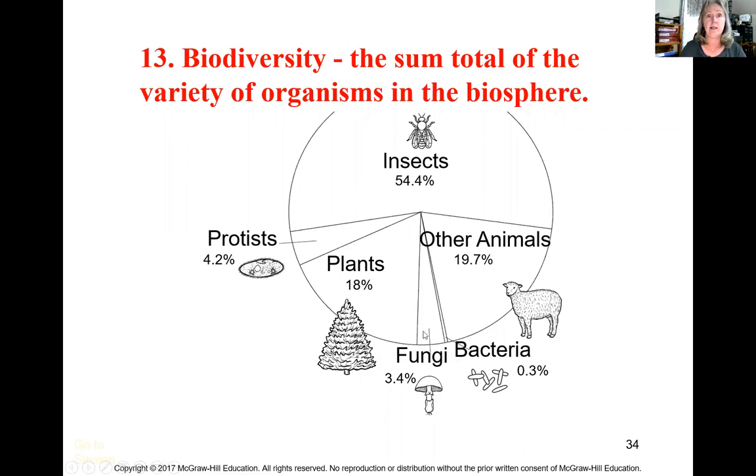They reproduce asexually and sexually. Bacteria reproduce asexually by binary fission. If we look at their percentages, they make up 0.3% of all the organisms. They have changed very, very little over hundreds of thousands of years